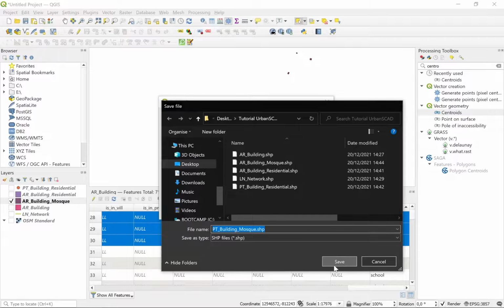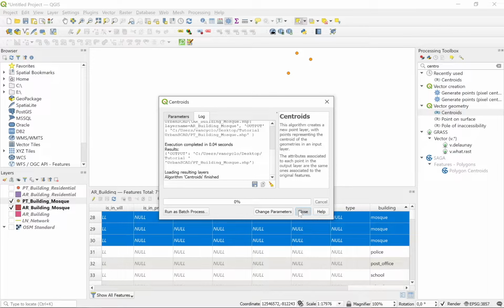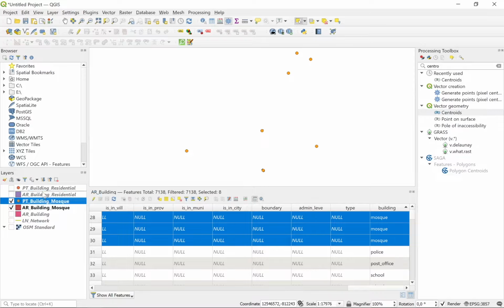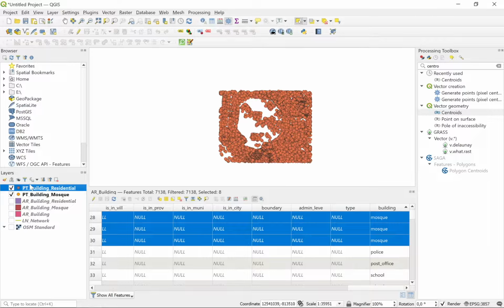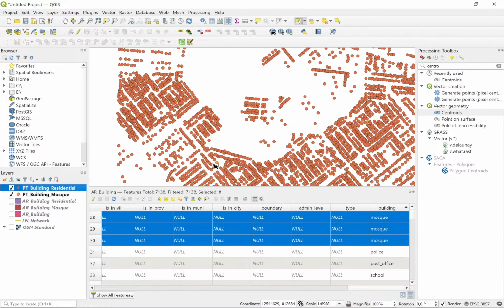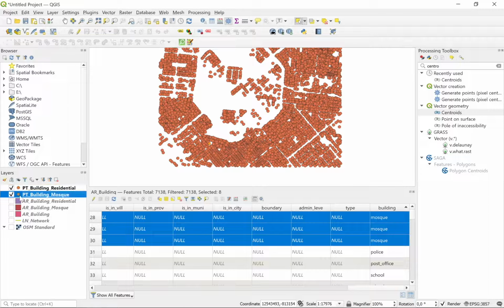Okay, we can save, run. Okay, here we have our input data. They are facilities about mosque and residential.